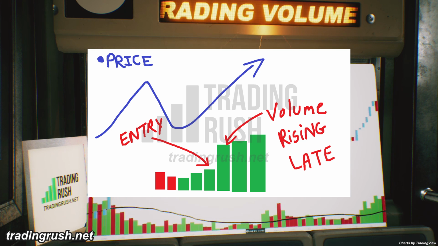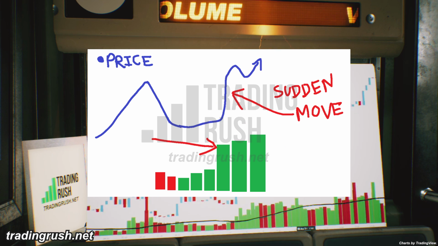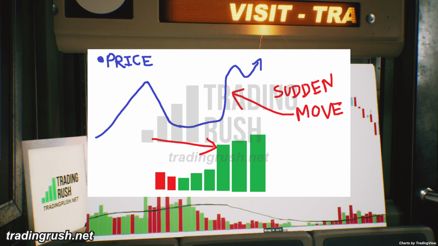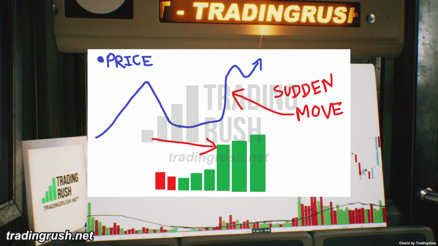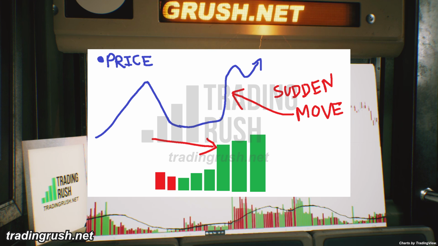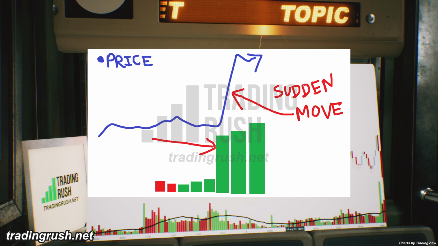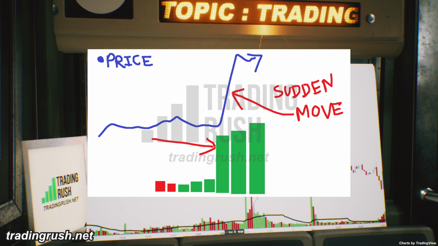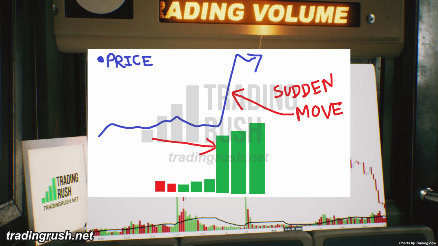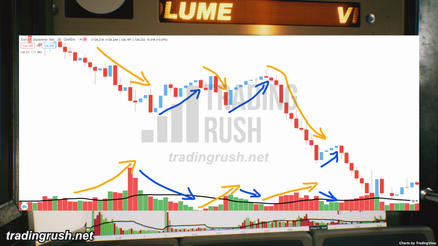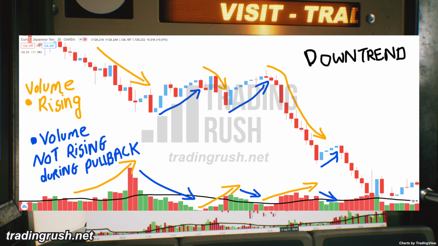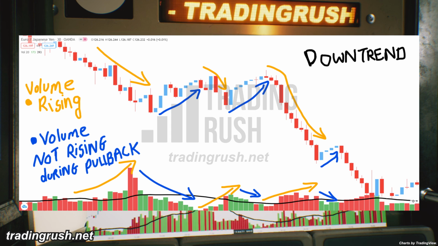Since institutional buyers trade in very high quantity, price tends to make sudden big moves when the big players enter the market. On smaller time frames, these sudden movements can easily take out your stop loss. But if you spot the increase in volume at the right time, you should take this opportunity by taking a position. If you get lucky, you will ride the whale.